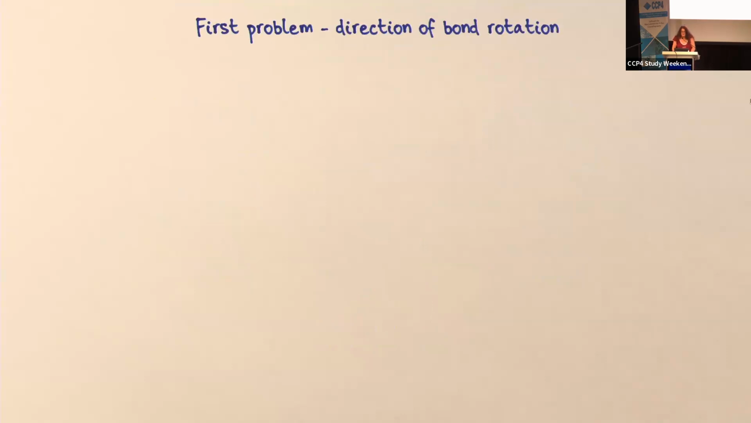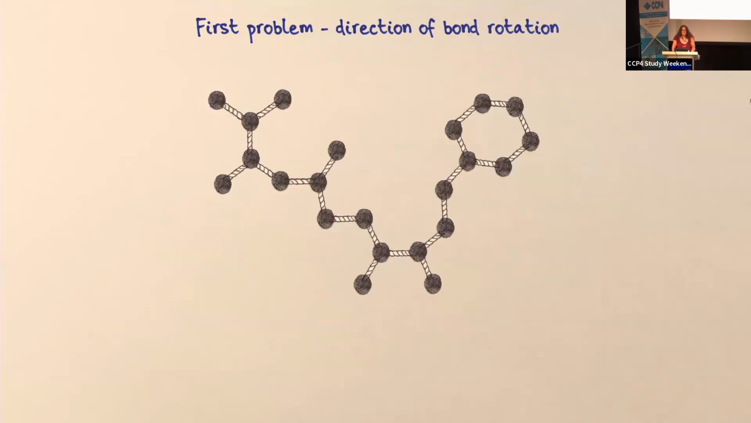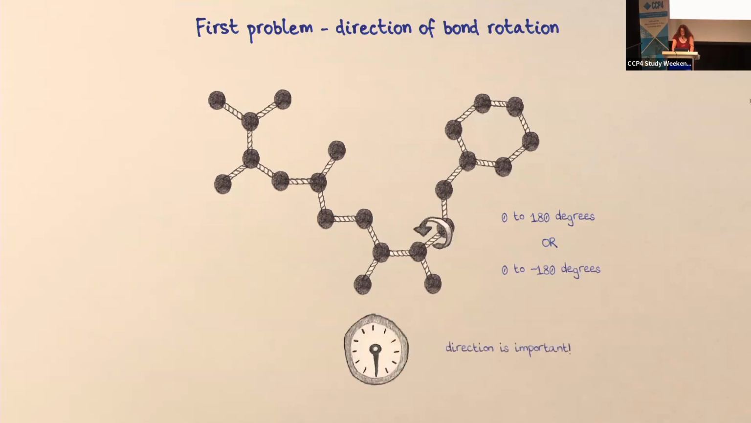If we have solved a structure in state A and state B, for any given bond, it may go from 0 to 180 degrees, but it could also go from 0 to minus 180 degrees. So which one do you choose? You don't actually see a difference. That choice is important, and so we can choose the correct